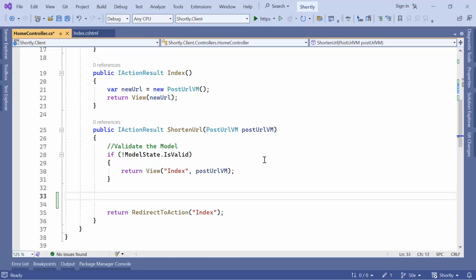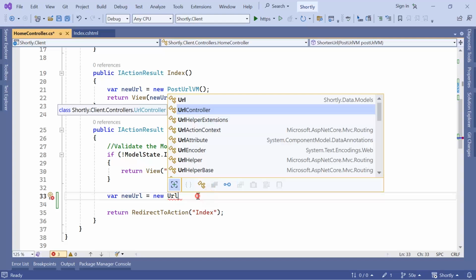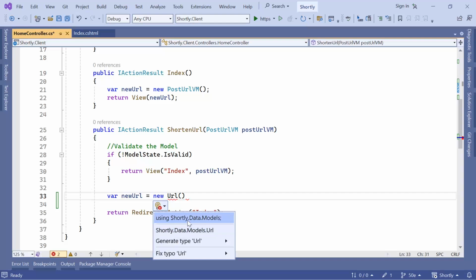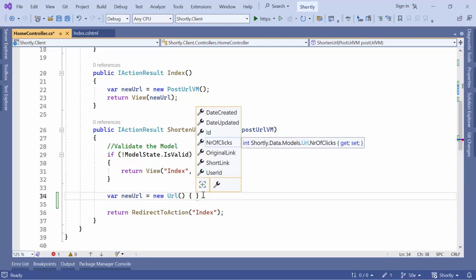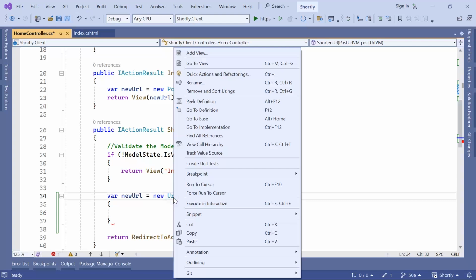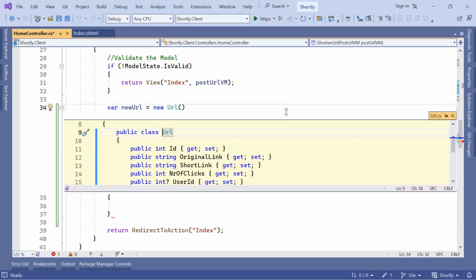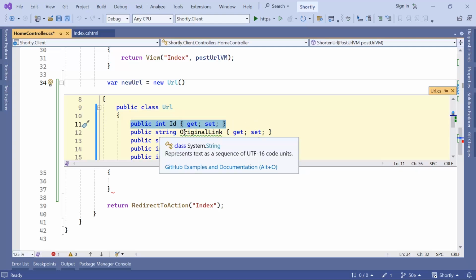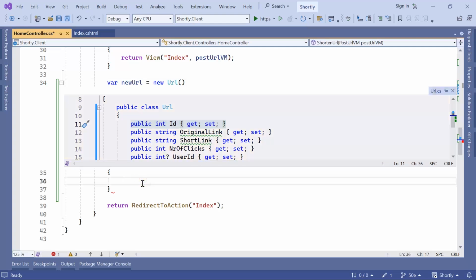And then down here, I'm going to first create an object of the Url. There's going to be var newUrl is equal to, and then this is going to be new Url. Let us import the namespace, and the namespace for the Url is Shortly.Data.Models. Now in here, we need to define the properties. So if I right click and go to definition, I can see that the properties in here are the ID, but we don't need to define the ID because the ID is database generated because it's set as the primary key. The original link